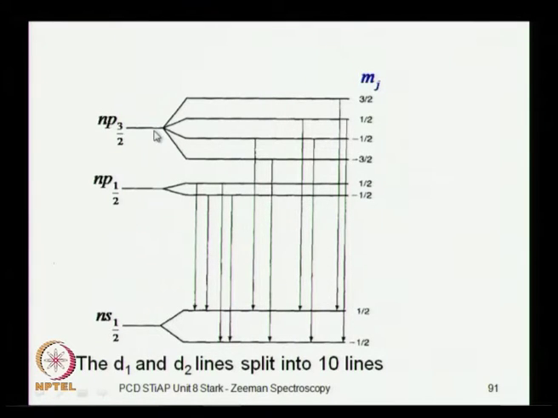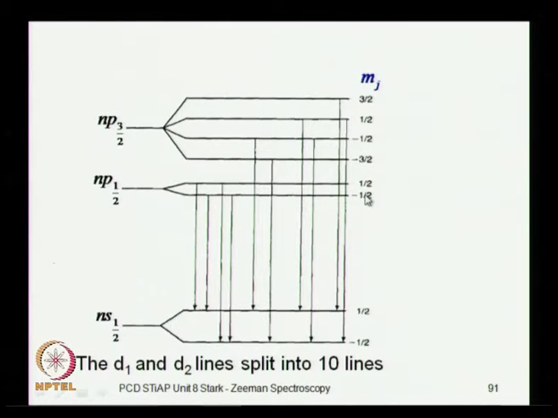So NP 3/2 splits into these 4 levels, J is equal to 3/2. So Mj can go from -3/2 to +3/2 in steps of 1. So you have -3/2, -1/2, 1/2 and 3/2. So these are the 4 levels into which the NP 3/2 state splits, and the NP 1/2 state